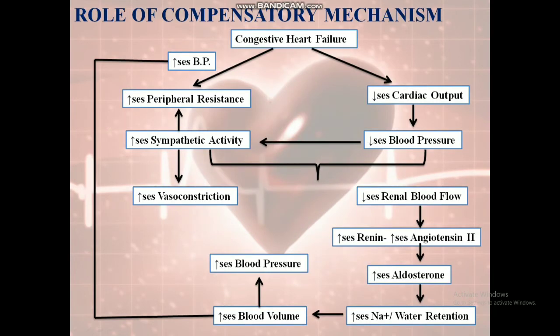Role of compensatory mechanisms. In heart failure, the cardiac output is reduced and the blood pressure is raised. It leads to chronic activation of the sympathetic nervous system and the renin-angiotensin-aldosterone axis, which is associated with remodeling of the cardiac tissue characterized by loss of myocytes, hypertrophy and fibrosis. And the geometry of the heart becomes less elliptical and more spherical, interfering with its ability to function as a pump. This promotes additional neurohumoral activation. If left untreated, it leads to death.